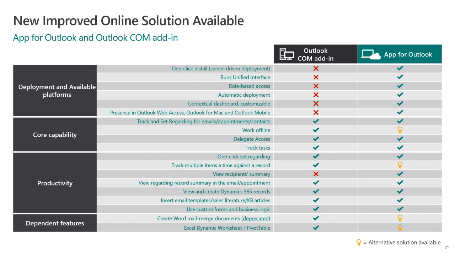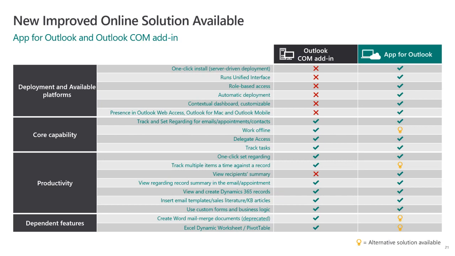It's not meant to work offline. But as we go later in this presentation, we'll show you alternative solutions that are available. It both offered delegate access and the ability to track tasks and have a one-click set regarding. One of the things on the roadmap is the ability to track multiple items against a single record. That was something you could do in the Outlook COM add-in, and you cannot really do that yet in the